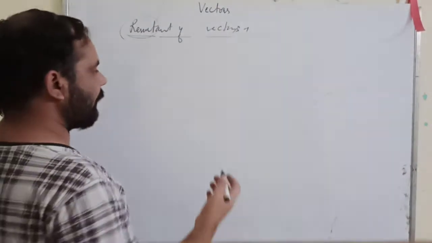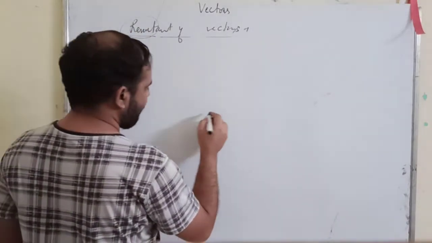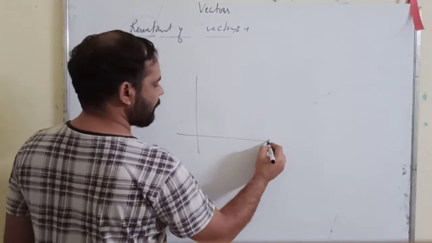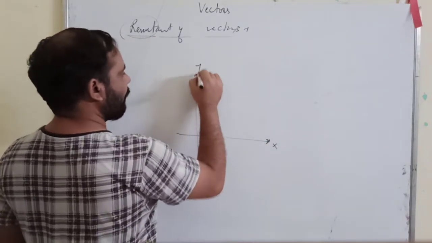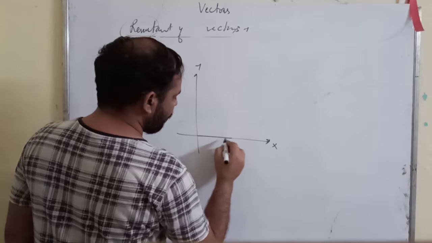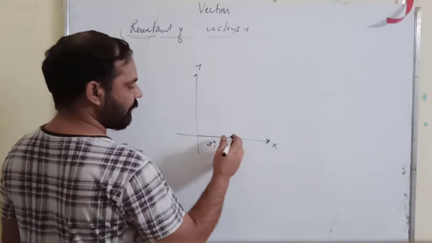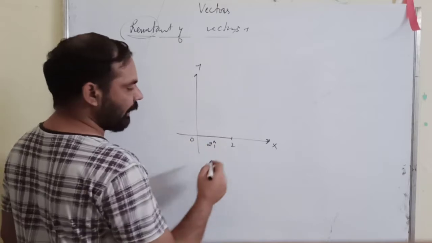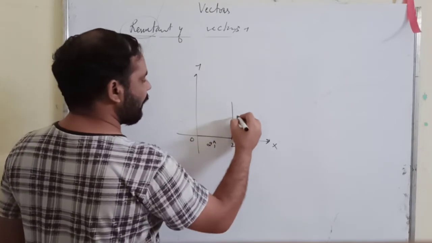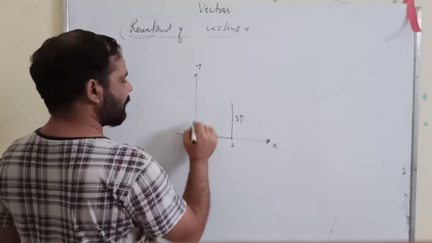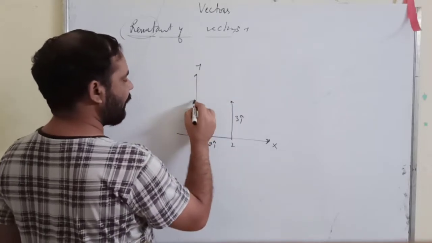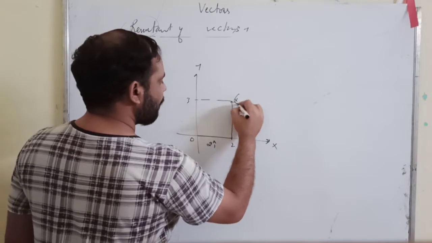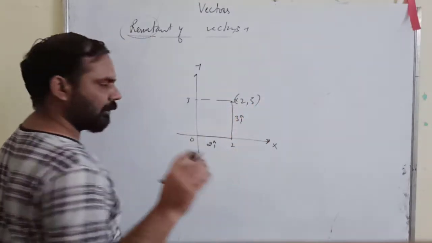It means simply that, suppose you have a coordinate system. This is x, this is y. Suppose you move 2 units along I cap, so you reached here, the point 2. Then you moved 3 units along j cap. J cap is this direction. So you reach this point. What are the coordinates of this point? This is 2, 3, right?